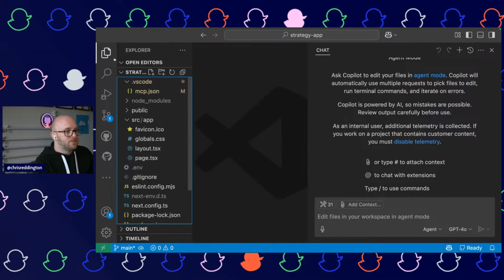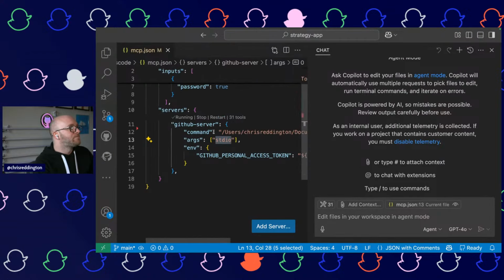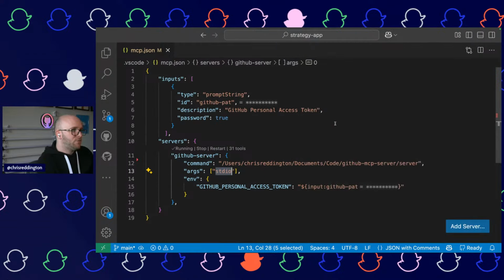Now, one of the other things I've done just before going live is, if we're interacting with GitHub, we of course need to authenticate so I can access my private repositories and things like that. So I need to generate a personal access token. Again, I'm going to go full screen for this. Please do not store that in source code. Do not store that path in your code.